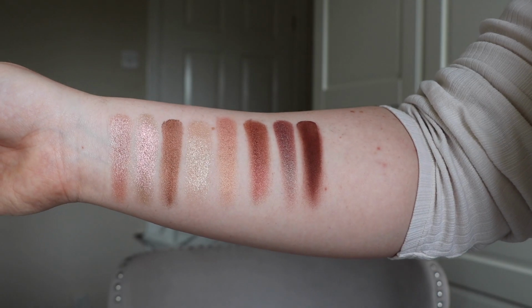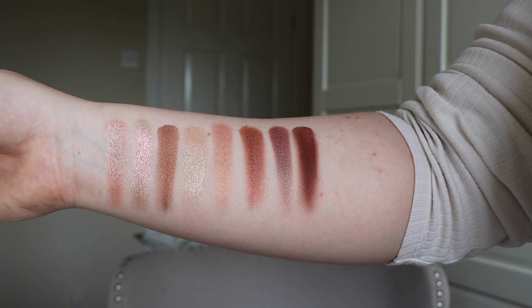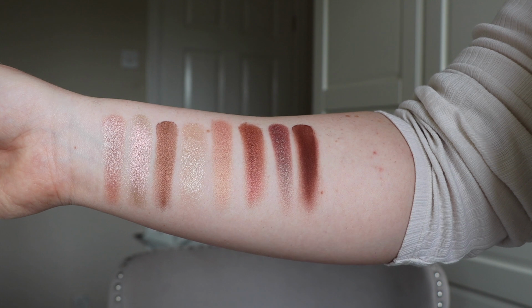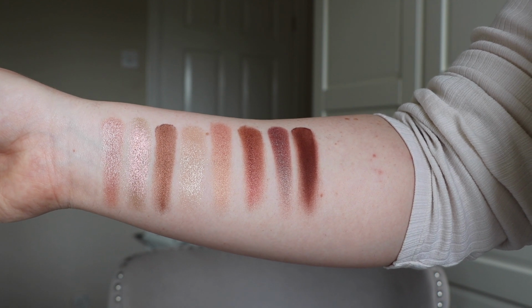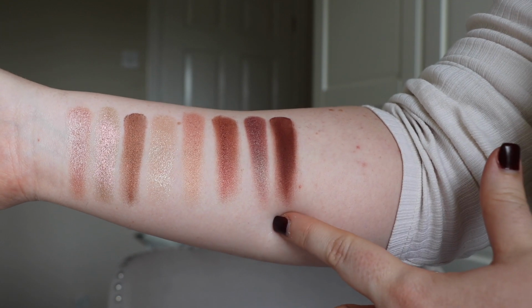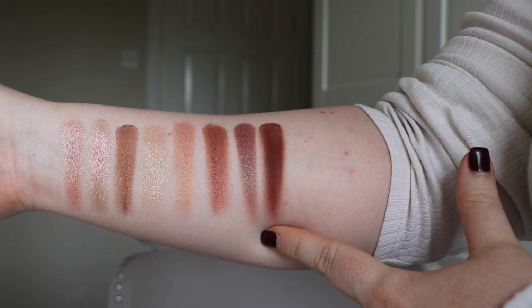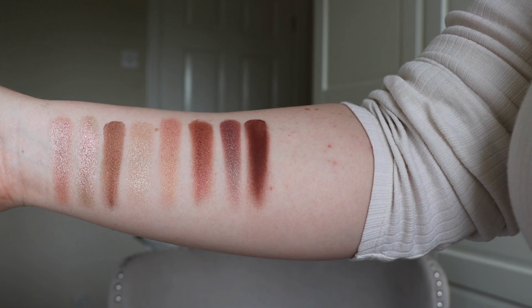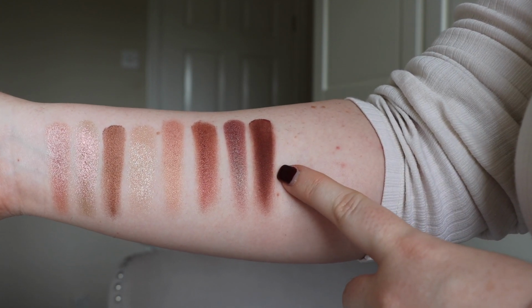I've just swatched the Cosmic Pearl palette next to the Celestial Pearl so you can see the difference between the two, and I am filming in natural light right now, so hopefully this should be true to colour. These four shades here are from the Cosmic Pearl palette, and you can see it's a lot deeper and richer in tone, more of a dusky rose colour story, and this palette does include a matte shade which the other